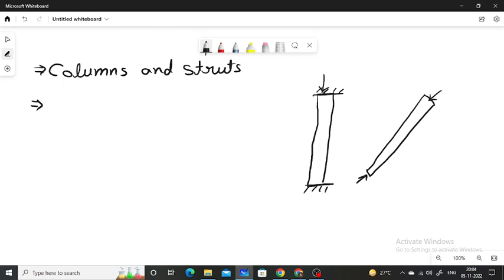So again, a column is a long vertical slender bar or vertical member subjected to an axial compressive load and fixed rigidly at both the ends, and struts are slender bars or members in any position other than vertical, subjected to a compressive load and fixed rigidly or hinged or pin jointed at one or both the ends. Okay,